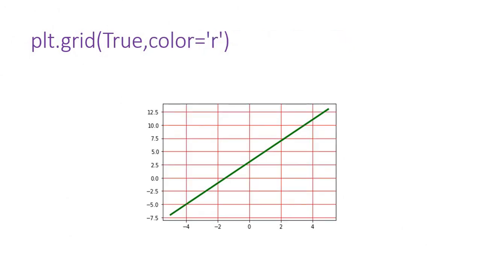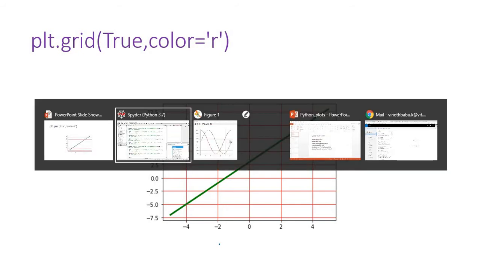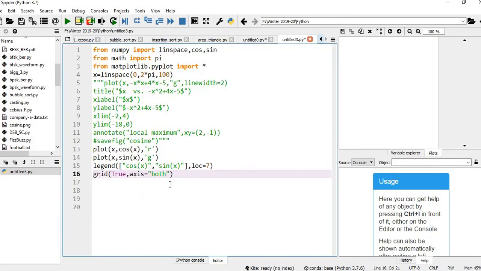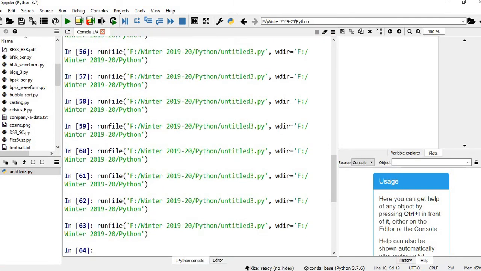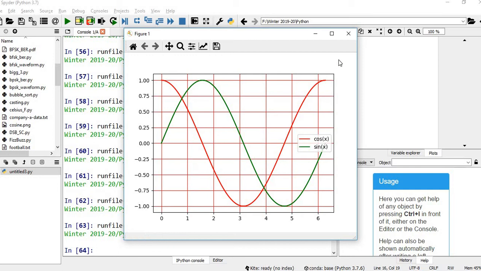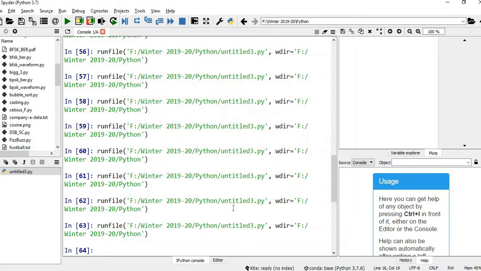Then you can go for color. You can decide the color. Suppose, I don't want axis, let me give color is equal to red. You just see, you can notice red color here. You can choose the color.